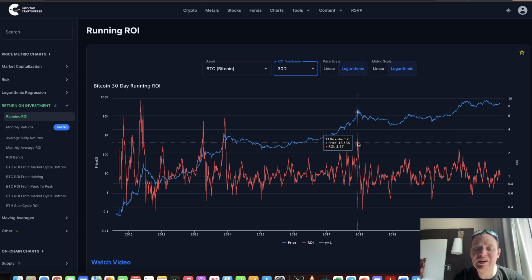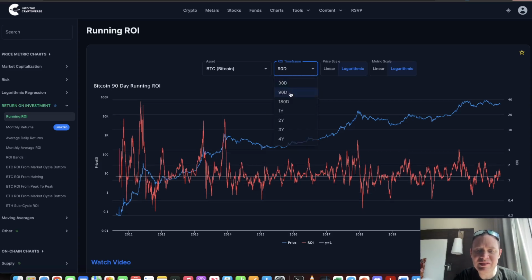Previously, the time that that had occurred would have been in December of 2017. This was another example of how overheated we were back then. It did not stop us from going up a little bit higher into our final distribution phase in early 2021. But looking at these charts, recognizing the next time we see, say, a 2x in only 30 days, if and when it happens, it should be a sign that the market is getting somewhat heated.